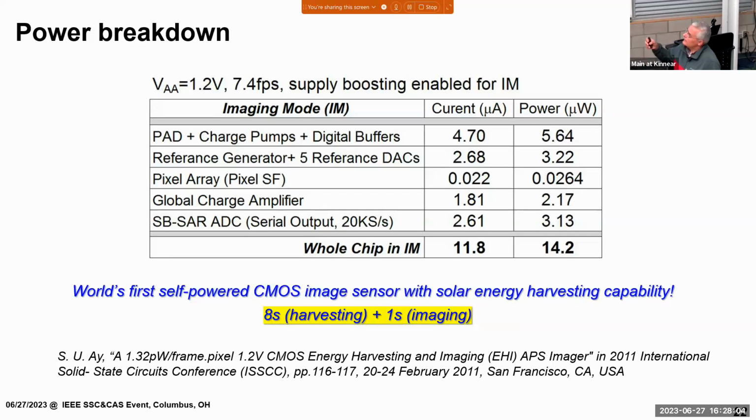Again, we have a supply boosted readout technique for the pixel array to read, and there you cannot really consume too much power. Main power is consumed on the pads because you have a digital output and you are driving 10, 20 picofarad of load, and typically if you read other people's papers like